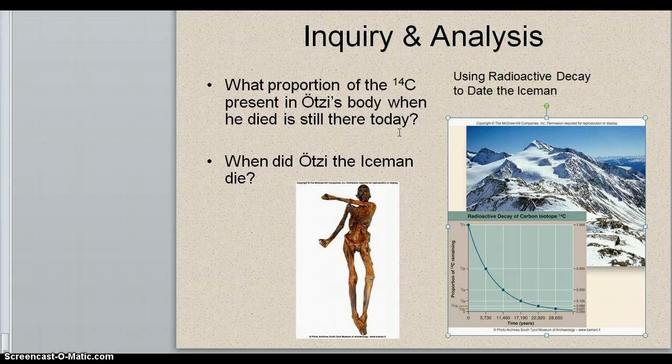Well, in the article, you saw that the proportion is 0.435 or 43.5% of the 100% that was there in the beginning. And then the question is, when did he die? Well, in order to figure that out,